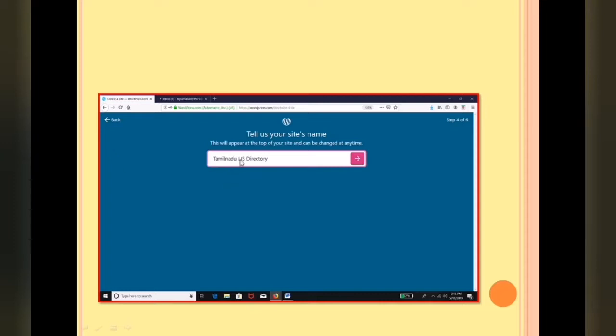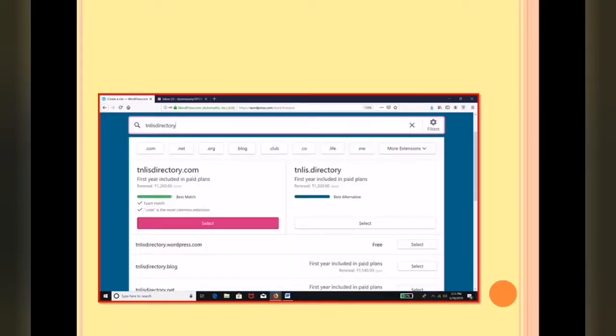I have given Tamil Nadu LIS directory. We are creating a directory of librarians working in Tamil Nadu. This can be changed at any time during the process of promoting your WordPress website. Then it says